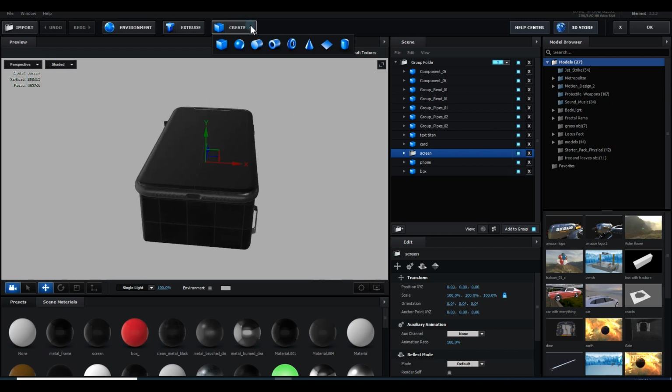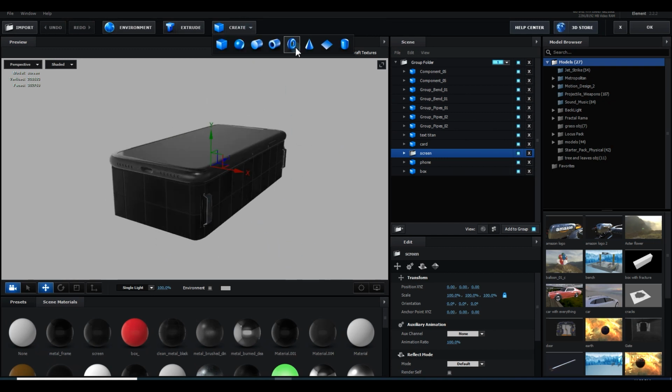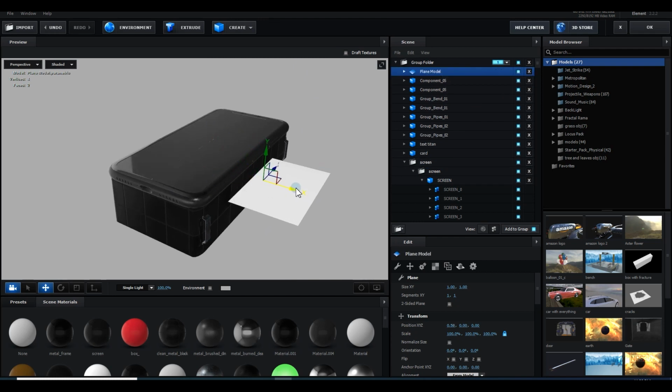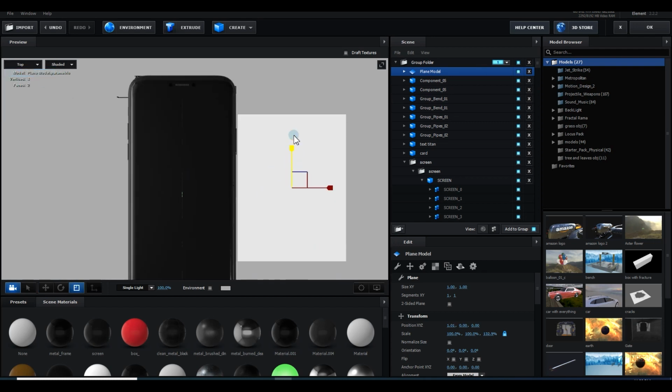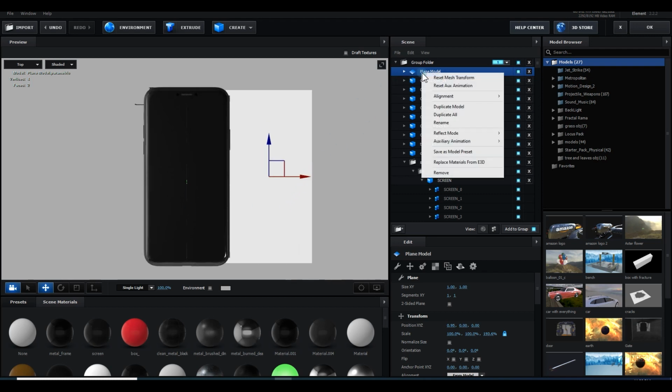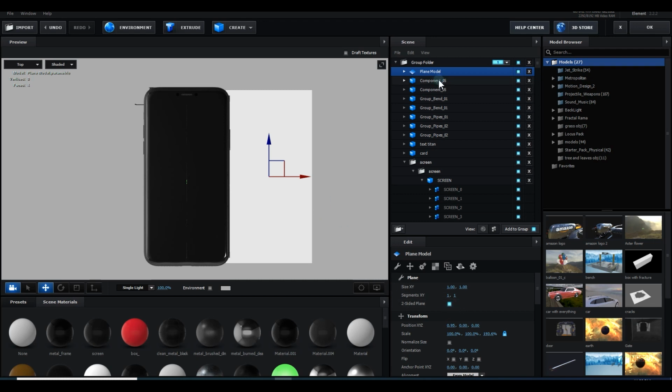Now let me create some planes to hide this below part. Let me create the plane, and I am creating this one because in Element 3D I have more control, so I can make them small, make them big, whatever I want. Otherwise, if I import any 3D as a 3D object, it will be hard to correct the size according to my palm. So for this particular one, let me go with this one like this, and let me Control D and make sure the drop back face is on. Control D to duplicate this model and place it here.